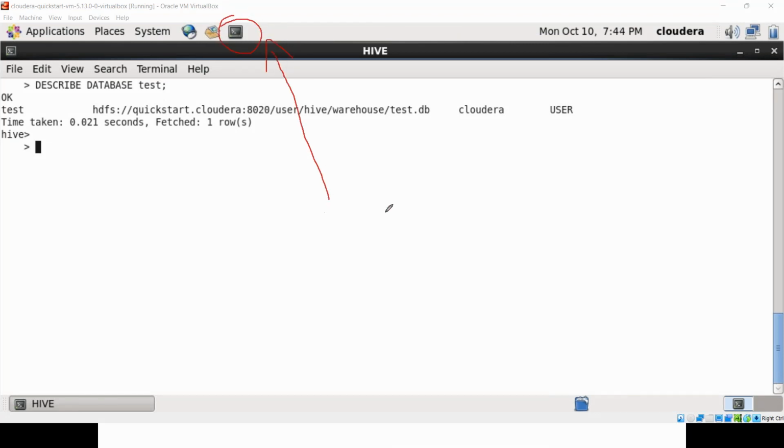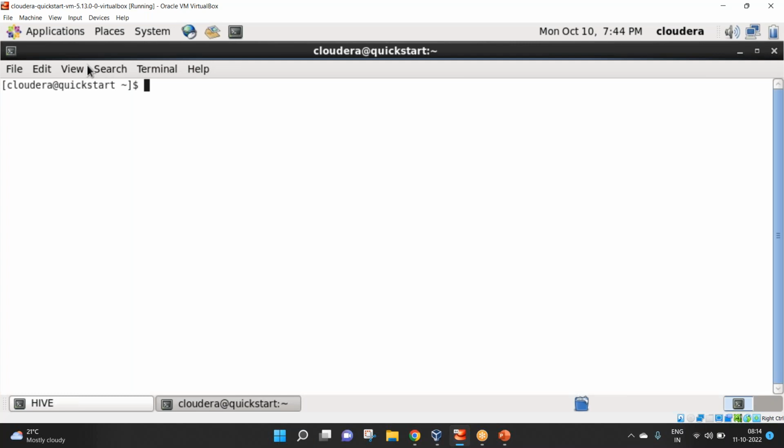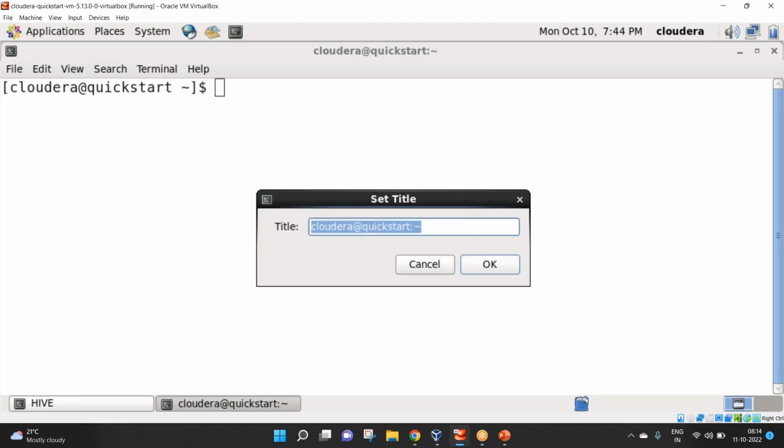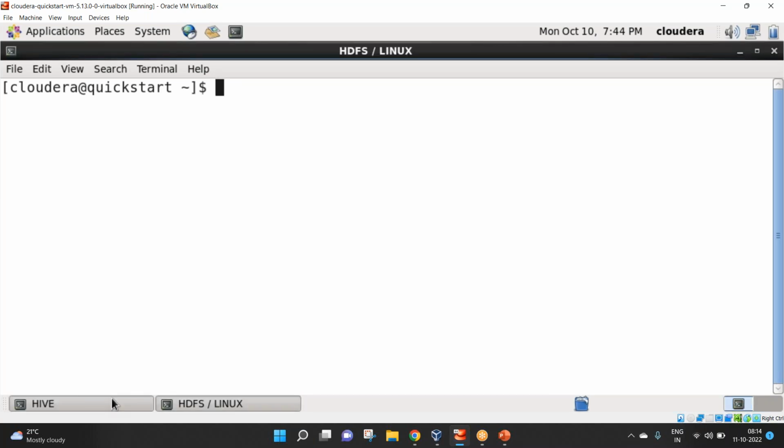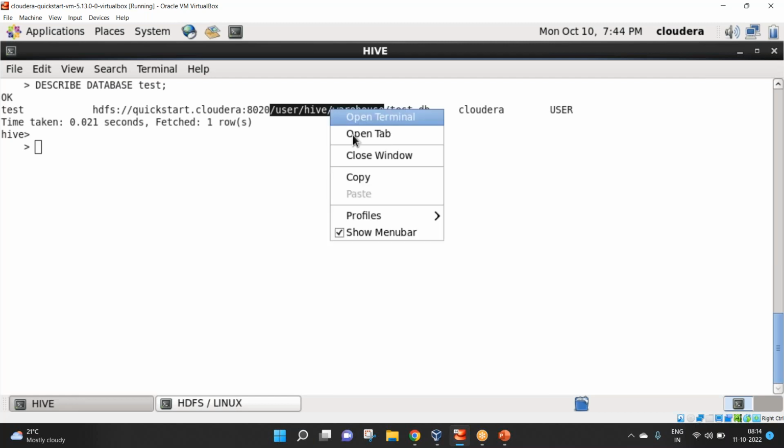If you can click here, that will actually open one more terminal for you. Let's do that. So click on View and click on Zoom in twice. Terminal, set title. I want to use this for any HDFS or Linux commands. Click on OK. Now I'm actually going to go to this path. So let's go to this path. User Hive warehouse path. So just go to this path and then try to select that path, right click, copy it,